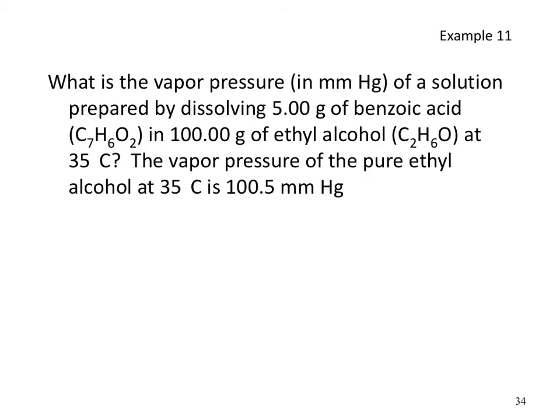The question is, what is the vapor pressure in millimeters of mercury of a solution prepared by dissolving 5 grams of benzoic acid in 100 grams of ethyl alcohol at 35 degrees Celsius? The vapor pressure of pure ethyl alcohol at 35 is 100.5 millimeters of mercury. So you are given that pure ethyl alcohol is 100.5 millimeters of mercury. If we are able to determine chi,